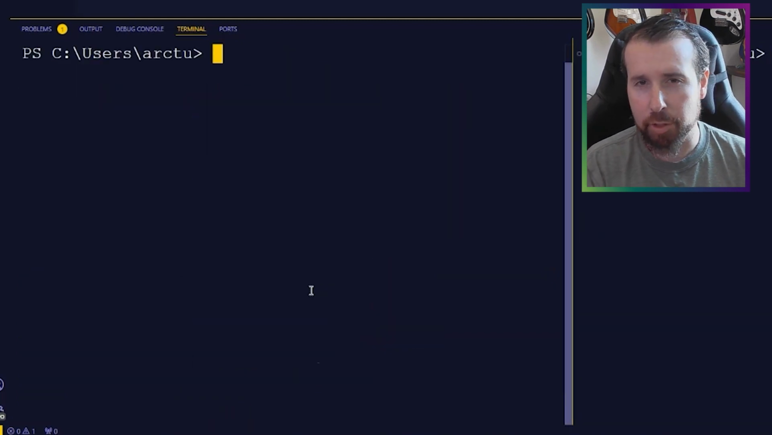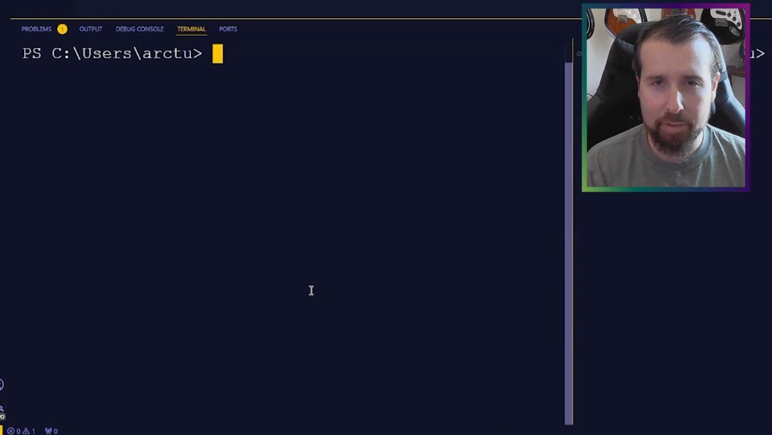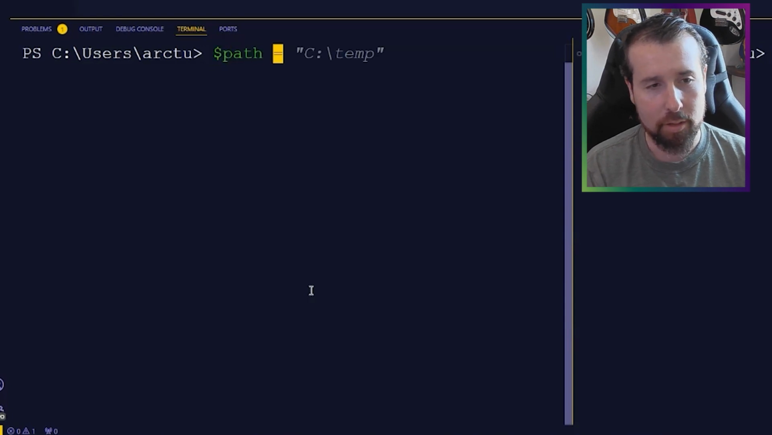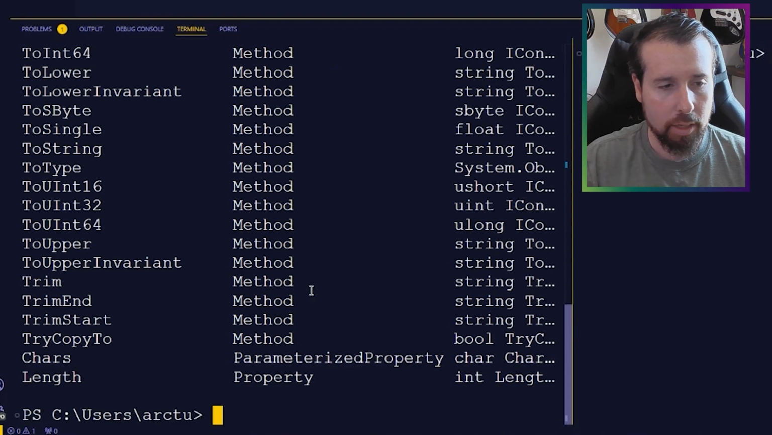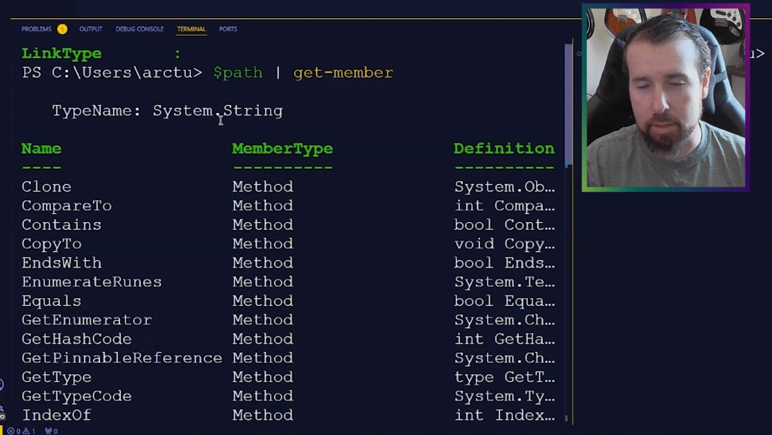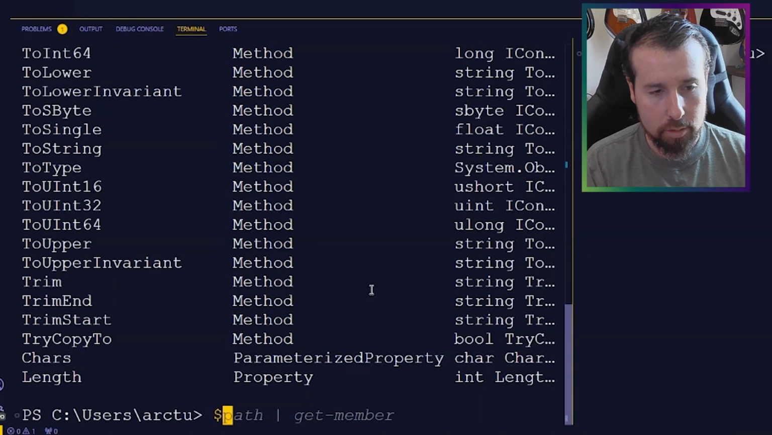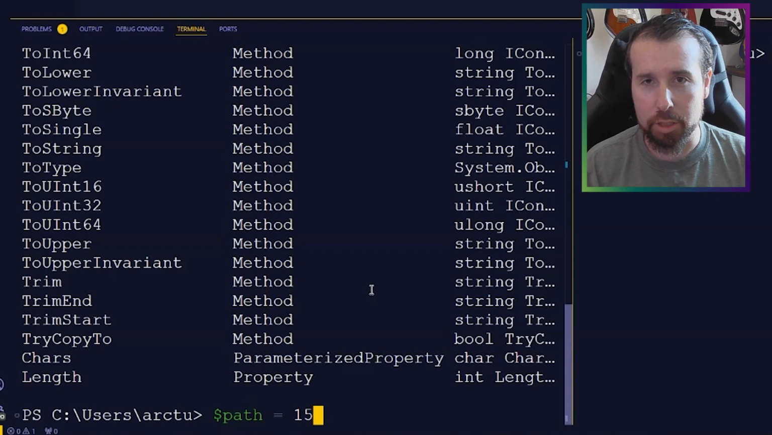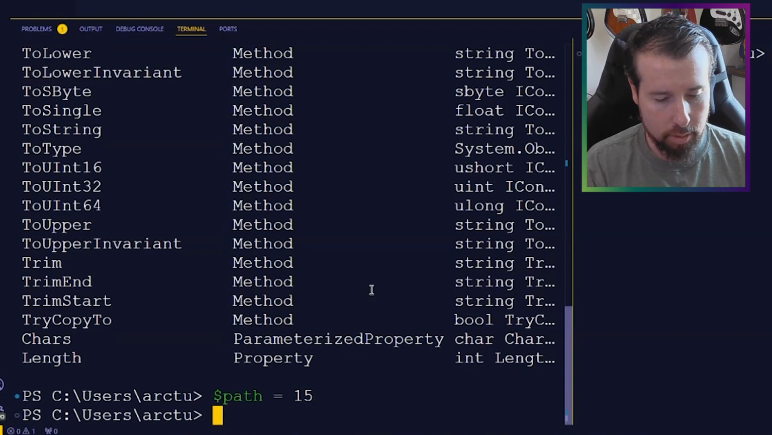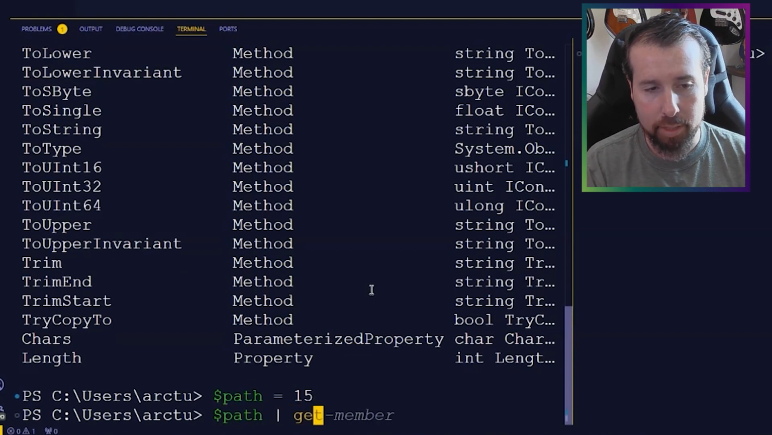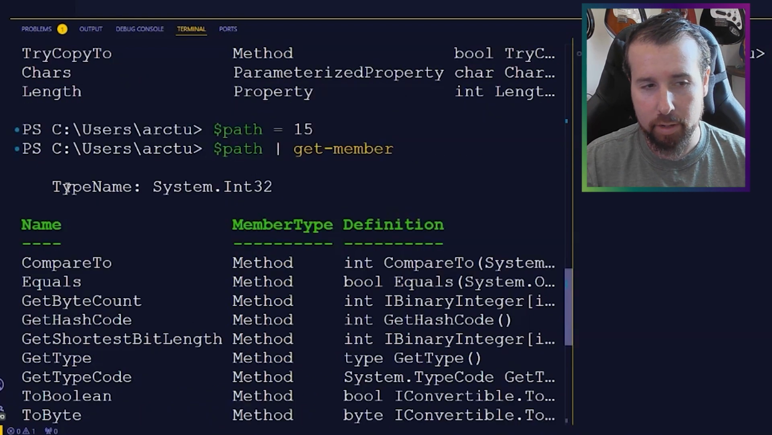And as I mentioned earlier, the objects that are stored in the variables can be changed at any time without having to redefine what the variable is. So say we have our path, and we'll run Get-Member on this, and we can see that this is the System.String object. Now let's change this and assign this to the value of 15, which is an int object. And we can see that by piping this into Get-Member. And right there, our type name is